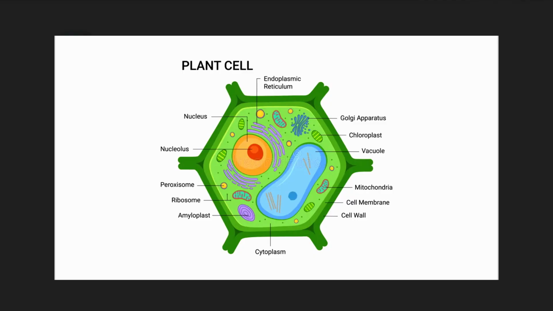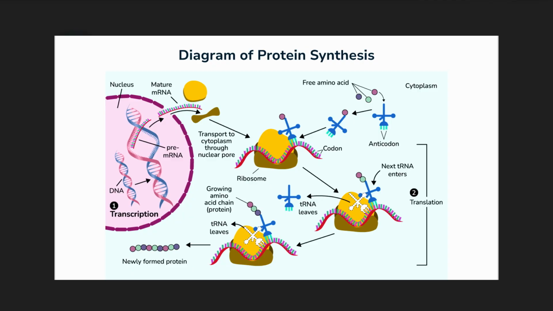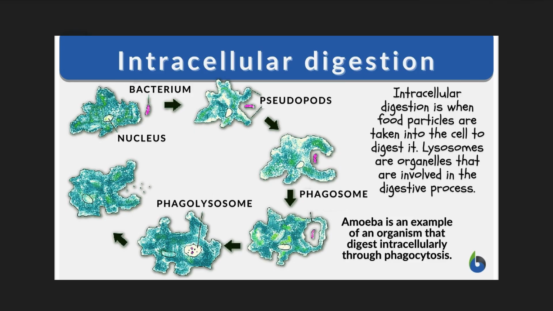Cells, the fundamental units of life, are highly organized structures containing specialized organelles like the nucleus, mitochondria, ribosomes, endoplasmic reticulum, Golgi bodies, lysosomes, and chloroplasts in plants, performing critical functions like energy production, protein synthesis, and intracellular digestion. To understand cellular function, scientists study these components individually through subcellular fractionation, a technique that separates organelles for detailed biochemical and